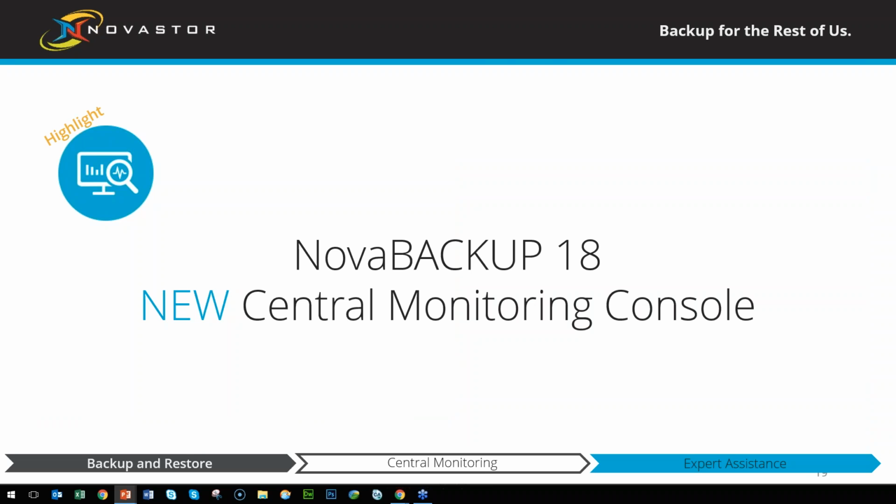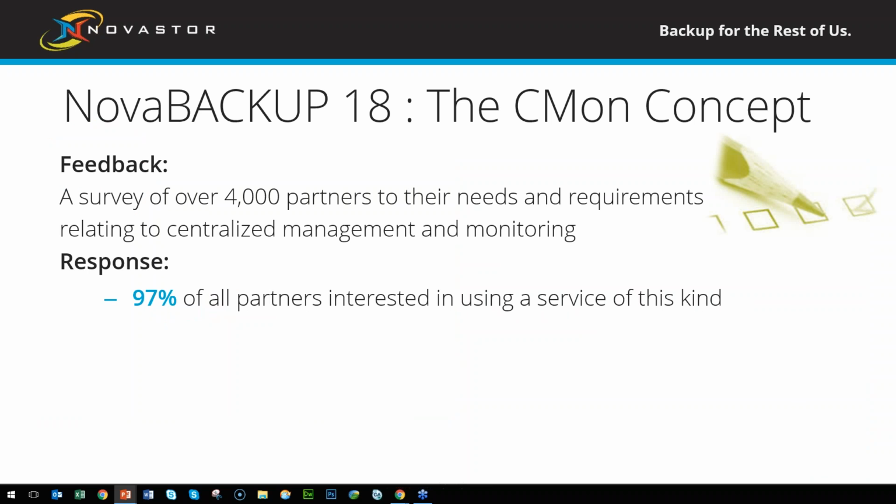So moving on and getting into our new central monitoring console. Again, we've done surveys in the past of thousands of partners, and seen that 97% of all of our partners are interested in using some kind of a monitoring tool for backup jobs. At least all the partners that we've interacted with. Overwhelming number. We've had some tools in the past, but what we have now is